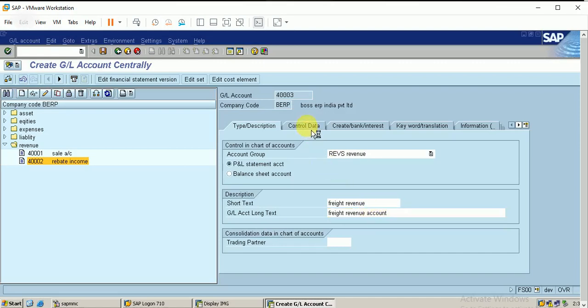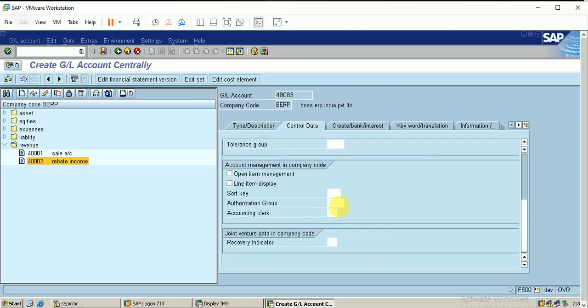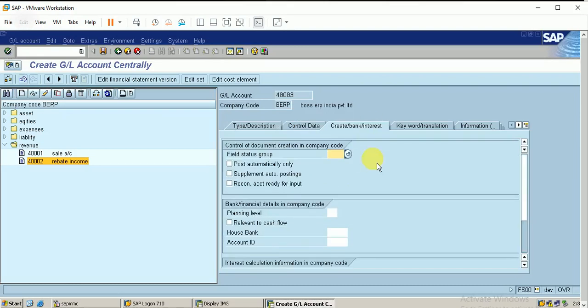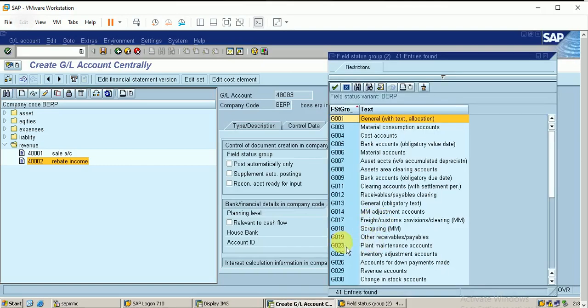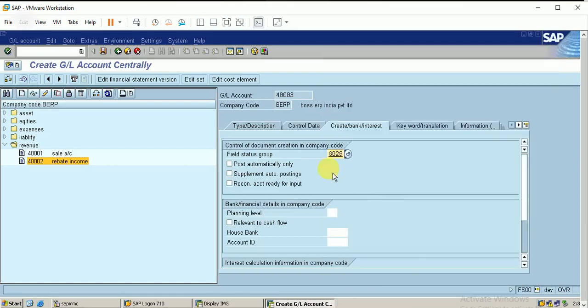So enter to the next tab. There is a control data. Click on the line item display. And the field status group will be, this is the revenue account, so I just go to G0029, or else you can have the freight revenue. If it is there, you can use the freight revenue. Just go to the revenue accounts.